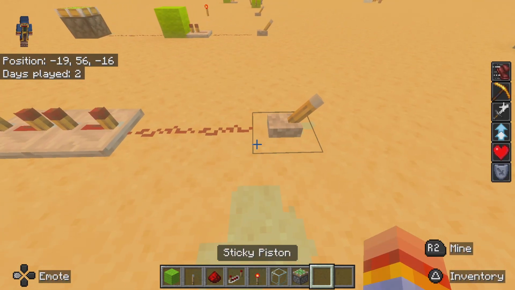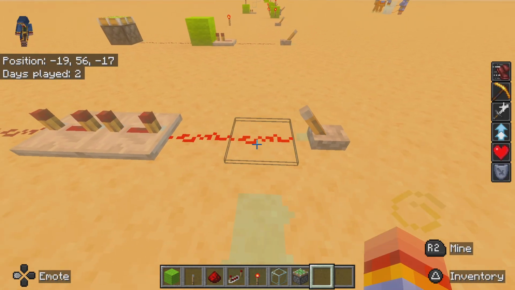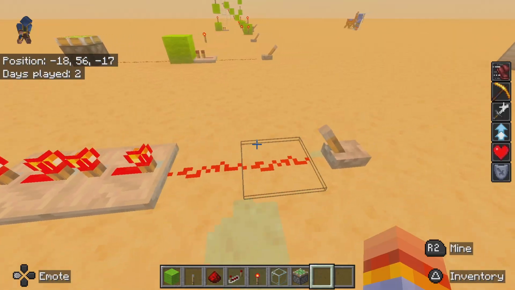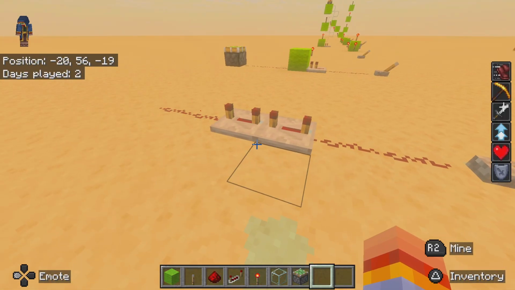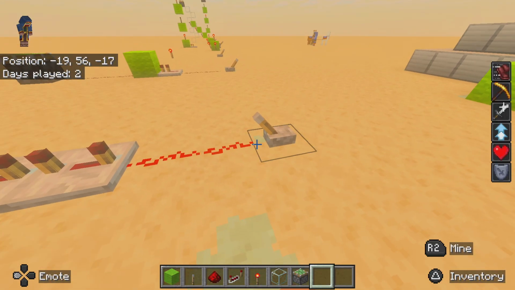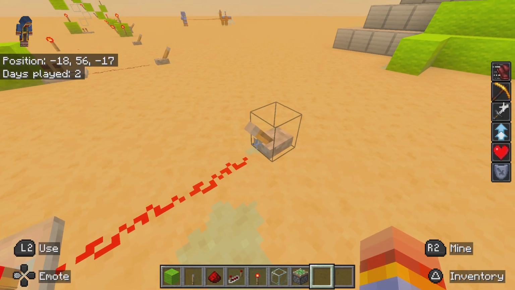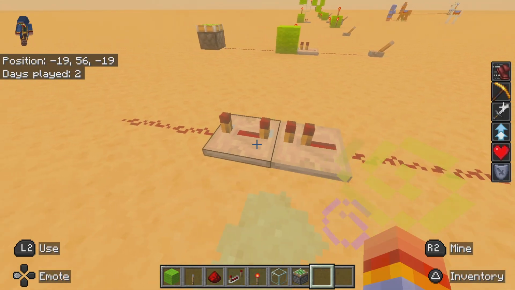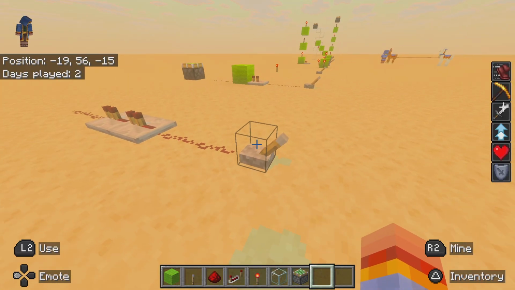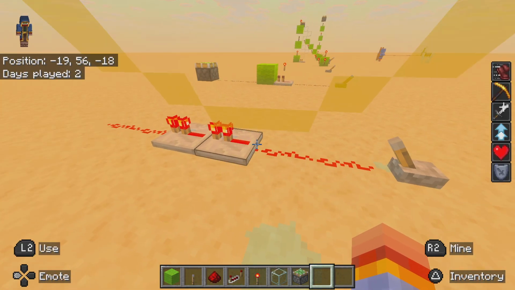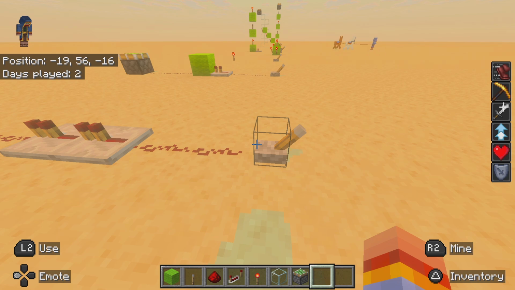Let me show you. You turn this on, slow, slow. You see how slow that was? Even the turning off is slow. But if I change this back to 1 or 0, it goes very quick. That will help with